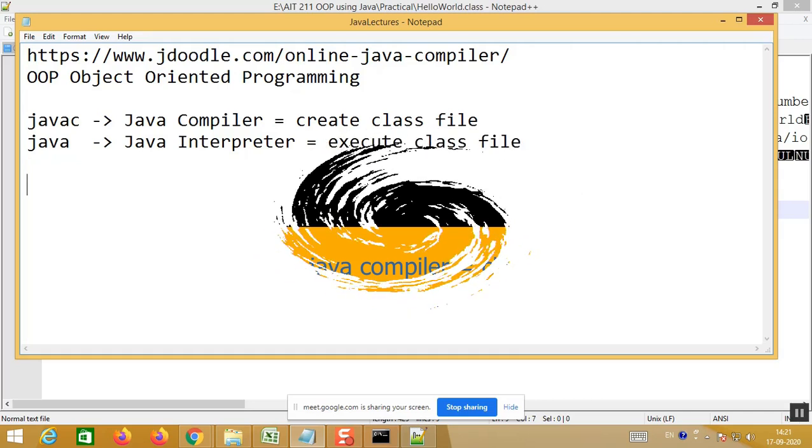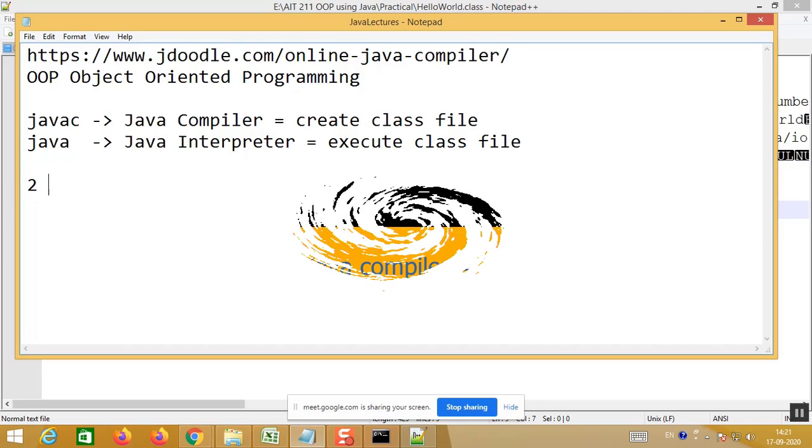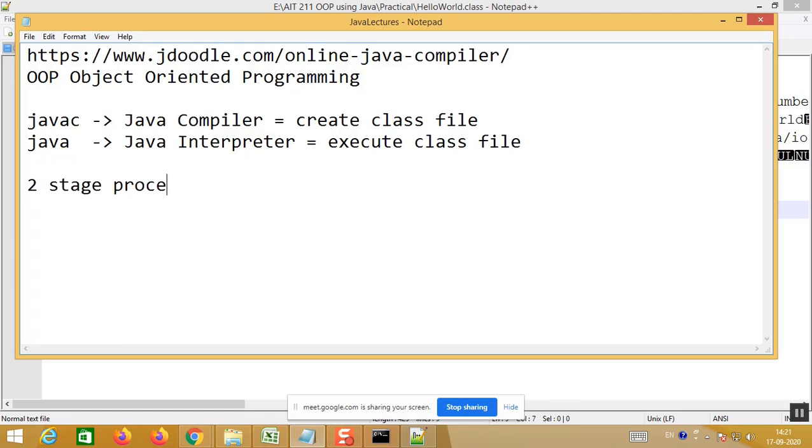So ultimately, Java program execution is a two-stage process. First, you convert your source code into bytecode, which means the .class file.